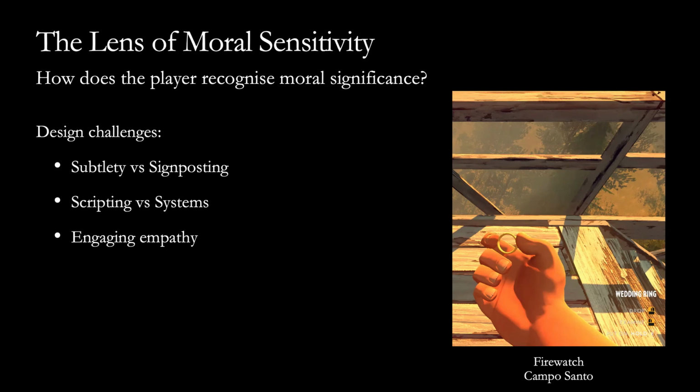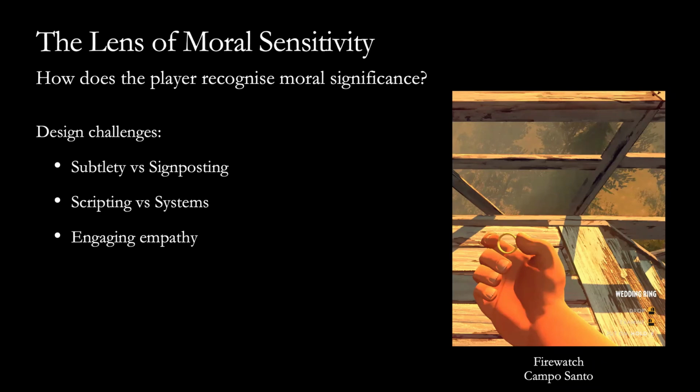Traditionally in games, we haven't been very subtle about this. Traditionally, when there is a moral choice, we give them a dialogue choice, which basically straight up says, here is a moral choice, what are you going to do about it? And here are your options. So we really strongly signpost moral choices as, here is a moral moment, now you're being asked to make a moral choice, and then when it's done, you'll go back to playing the game in a sort of normal way.